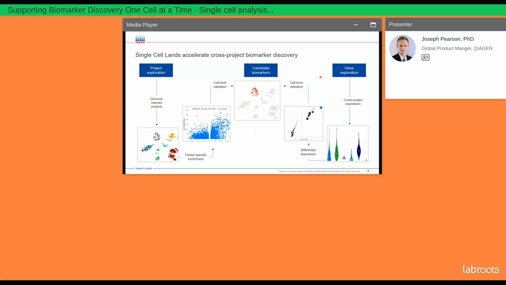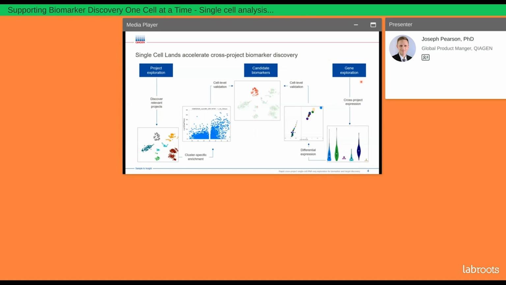The other key workflow that our interface supports is the gene-based exploration view. Perhaps you've identified some candidate biomarkers from your internal research studies, or by exploring Disease Land and Onco Land and the extensive studies there. And you want to dig further into these results and understand the cellular context of these gene expression patterns. And so you can start with a gene and explore across all of the different projects that have